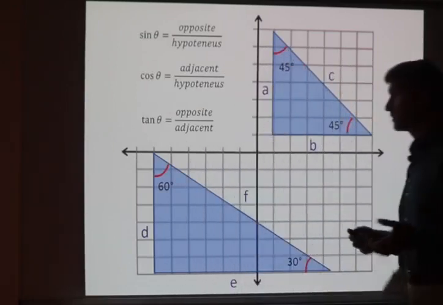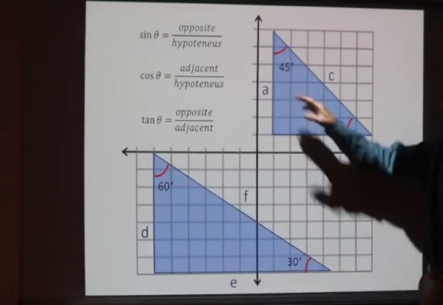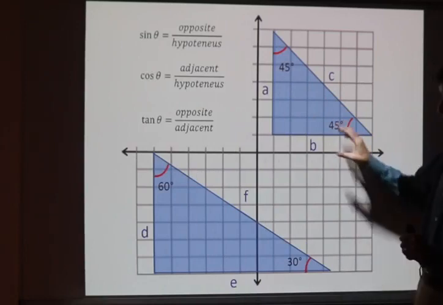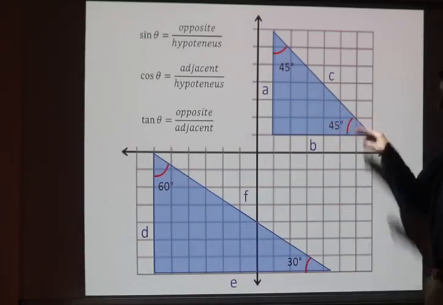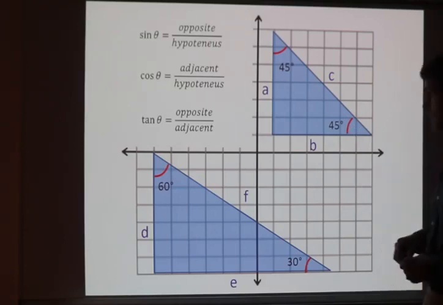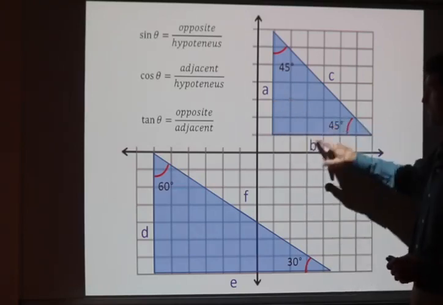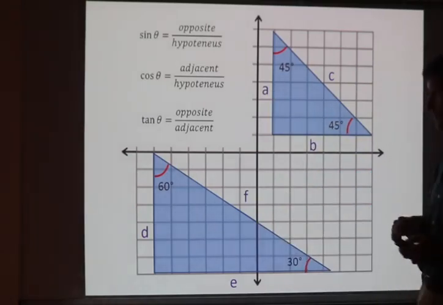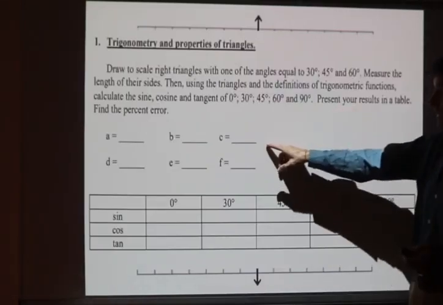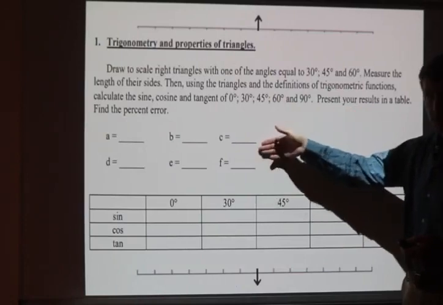So, doing the calculations, measure the side, draw these triangles out, just like I've drawn these triangles out here. Use a protractor, make sure your angles are accurate, okay? And record these sides, A, B, C, D, E, F. You can put them in any order that you want. And that'll go back here. And from these values,